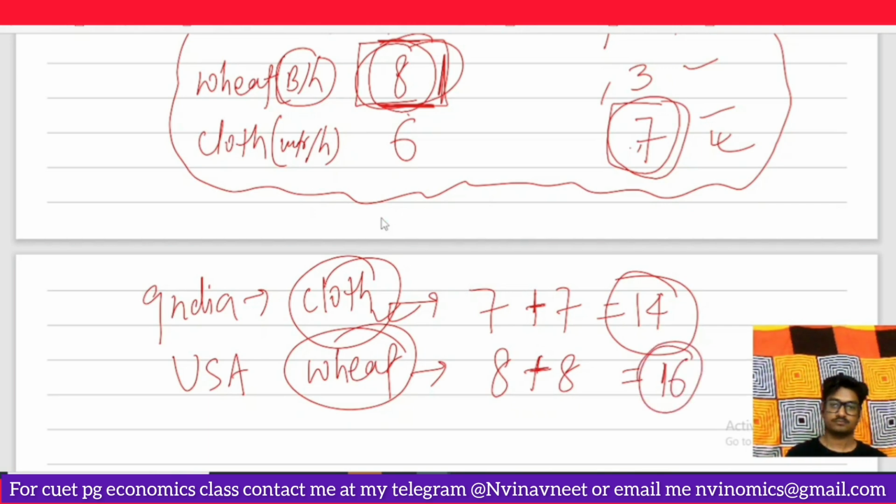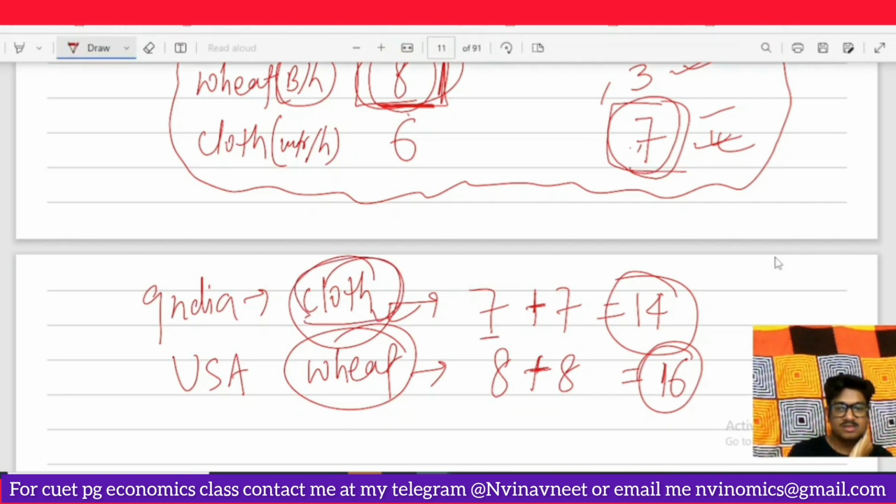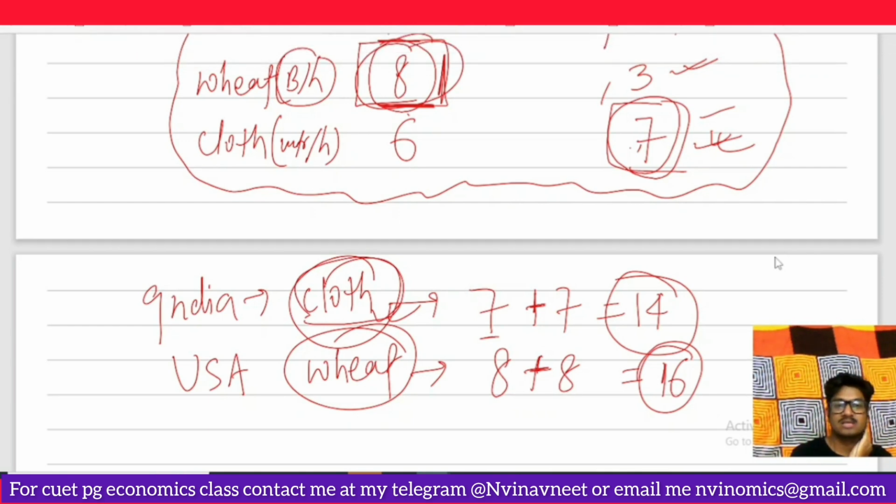Can you please explain again that 2 hour thing? नहीं, आपके पास 2 लेबर थे. 1 hour में एक लेबर 3 प्रोड्यूस करता था आपका wheat, and next hour they used to produce 7 unit of cloth. Clear? Now India is focusing कि we will be specializing because we are more efficient in producing cloth. So they will produce only cloth. First hour में they produce 7 unit. Next hour में क्या होगा? They will not produce wheat, and that extra 1 hour they will focus on cloth.